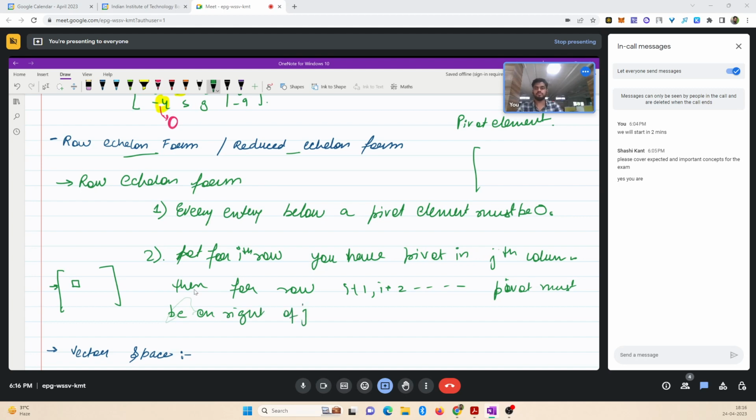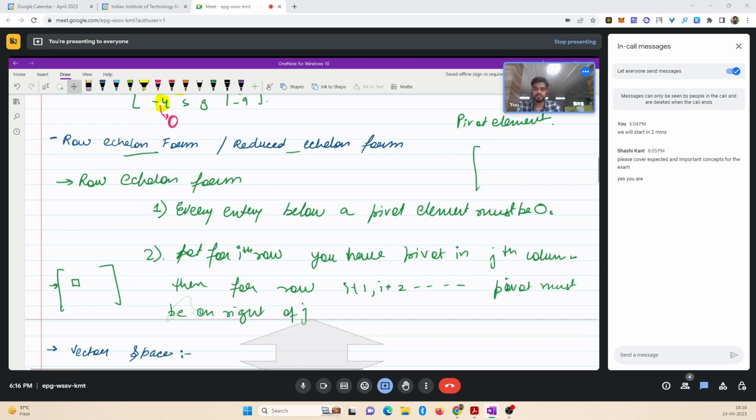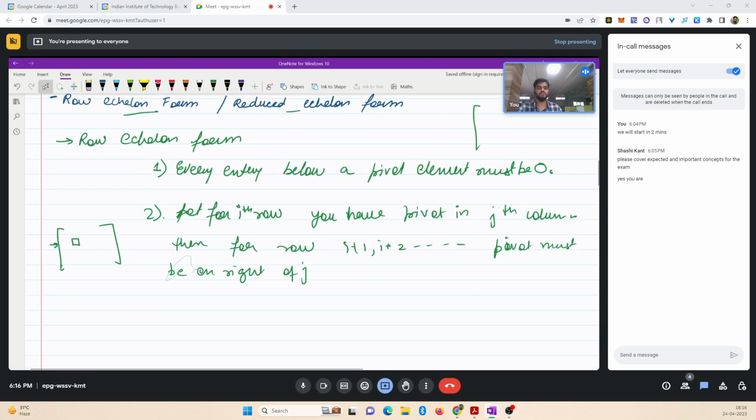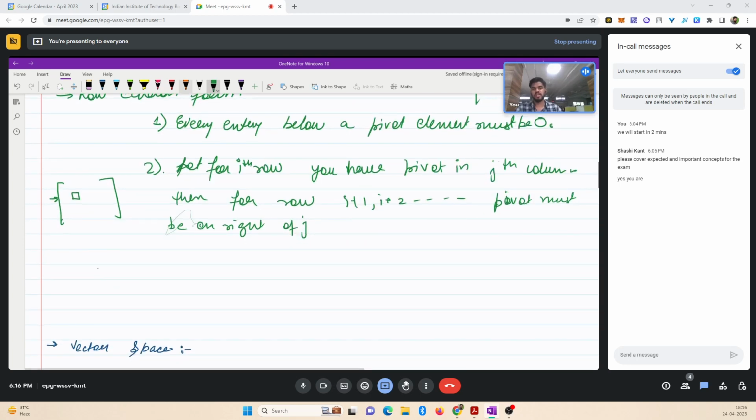So these are two simple rules for your row echelon form, and by now you must be aware of how to convert a matrix to row echelon form. That can be done via elementary row operations. Okay, so